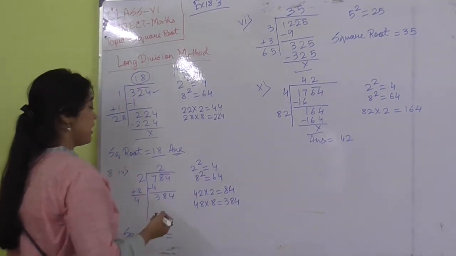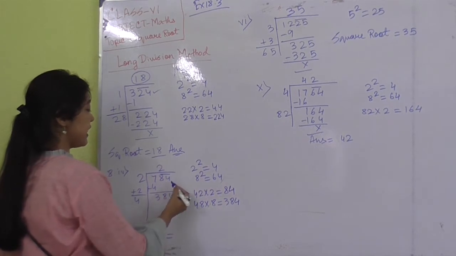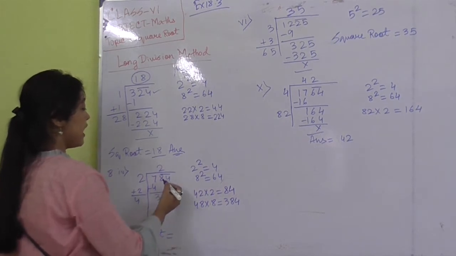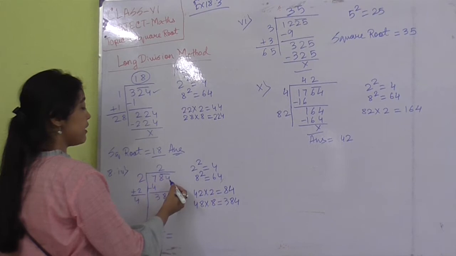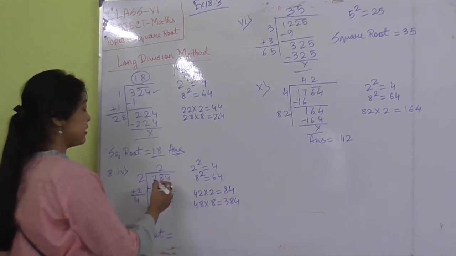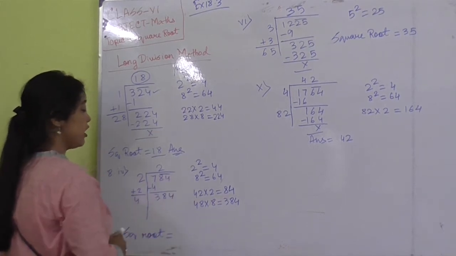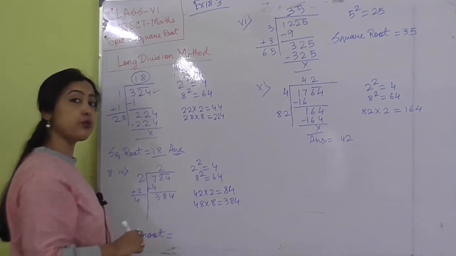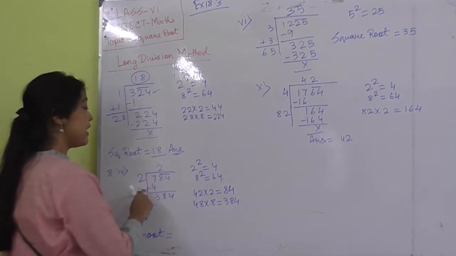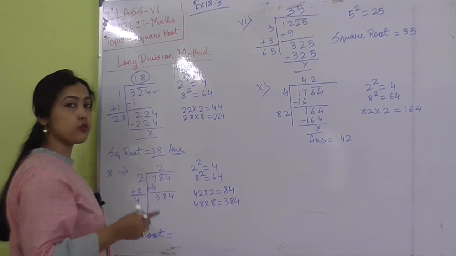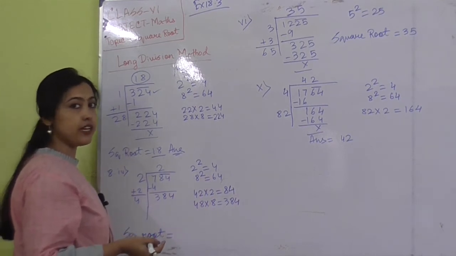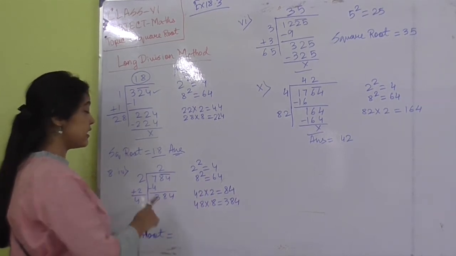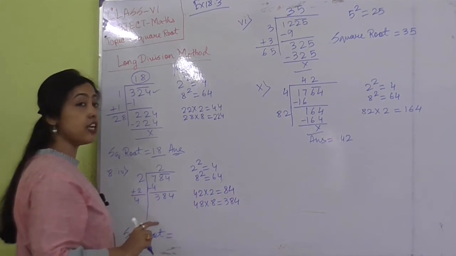So next another number is given as 784. Here also I am keeping these two numbers from the right-hand side aside. I am taking this first number which is 7. Here also you have to take the square of a number which will be less than 7. So 1 square is 1, 2 square is 4 and 3 square is 9. So 3 square, 9, is greater than 7. So you have to consider 2 square, 4.